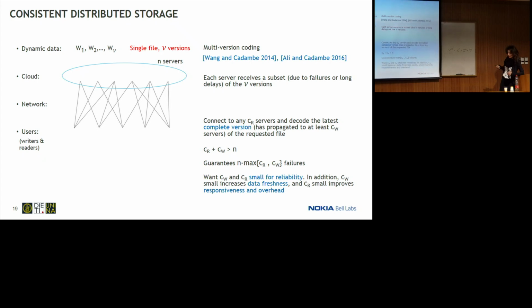Okay, so now the optimal cost for these systems is essentially given by the following expression. Wang and Cadambe in 2014 were able to quantify the optimal storage cost as a function of the number of versions. Unfortunately, even though you see a decrease with respect to the naive MDS code at the denominator, this cost still grows linearly with the number of versions. It is definitely larger than 1/c, and the linear growth with Nu, the number of versions, tells you the impact of the dynamicity of the system on the storage cost.